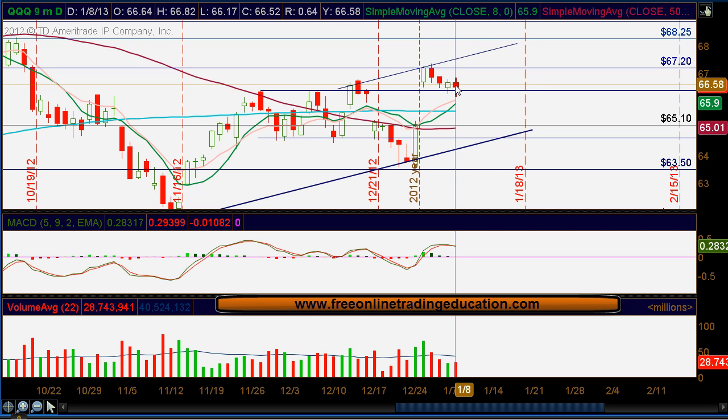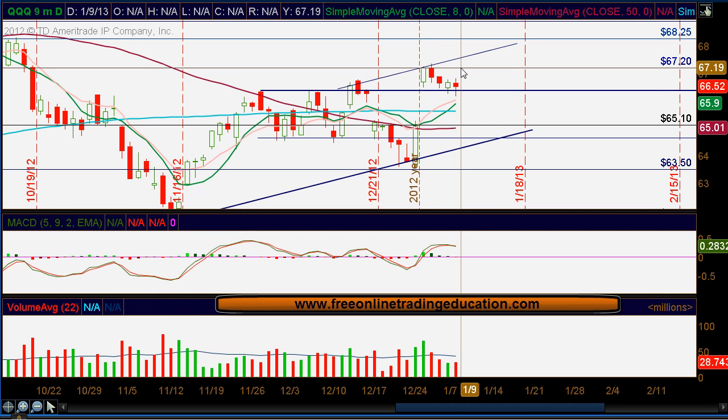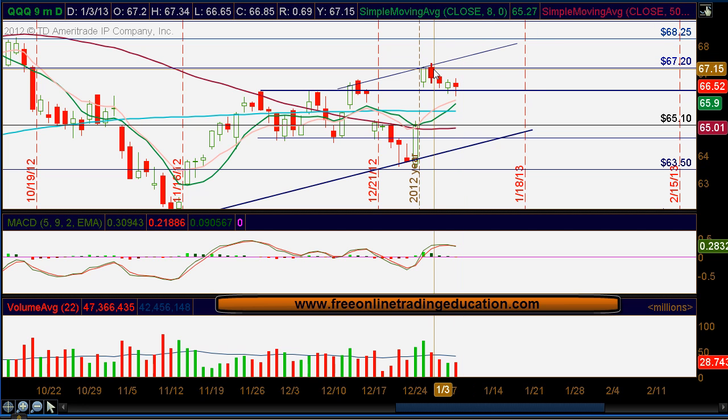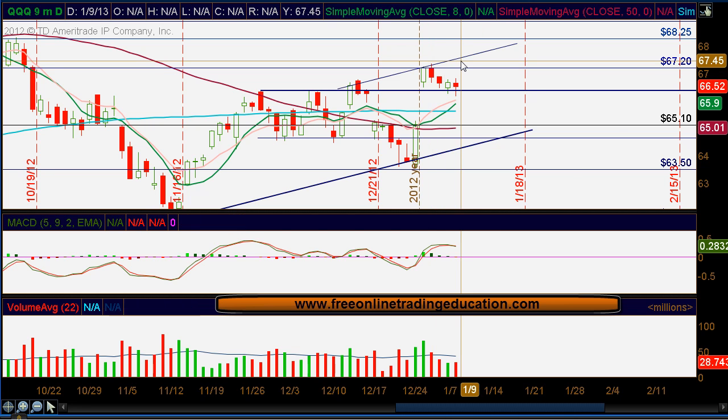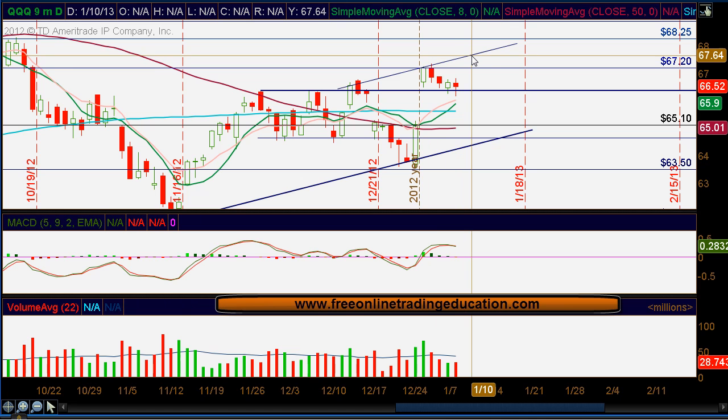mark. What you have to pay close attention to tomorrow and the rest of this week is the high of today, which was at 66.82, as well as that upper area of resistance up here, 67.20. Because if we do ever break through both of them, as well as the high of January 3rd, which was again at 67.34, we could head higher all the way up to that next area of resistance up here at about